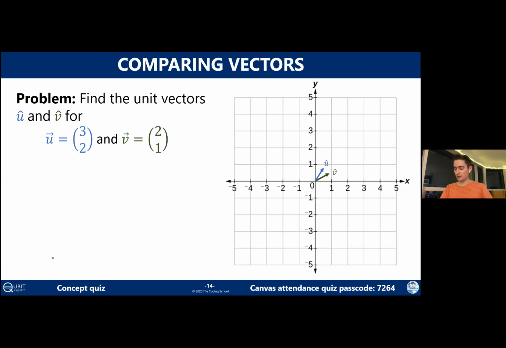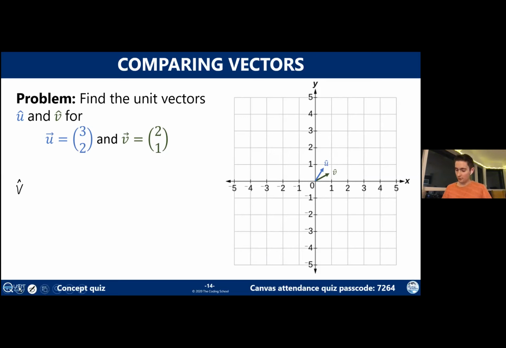All right, so let's do the other unit vector. We already figured out what u hat is, although if you want to take a second to do the math yourself again, you're more than welcome to. I'm going to launch a Zoom quiz for all of you to try and find out what the unit vector of v is. Just to clarify again, the problem is to compute v hat instead of v arrow. And remember, there's a difference there.